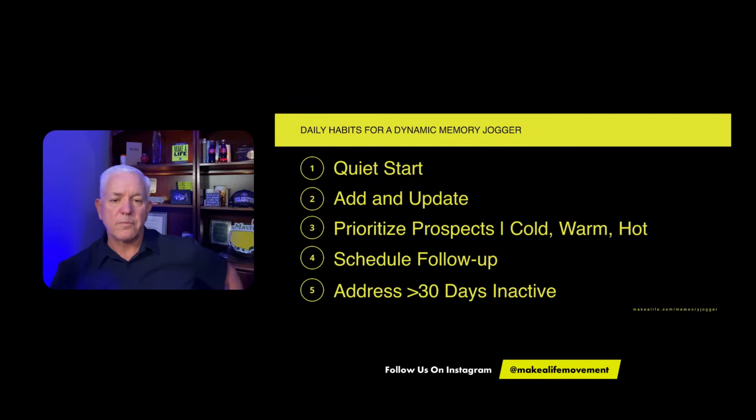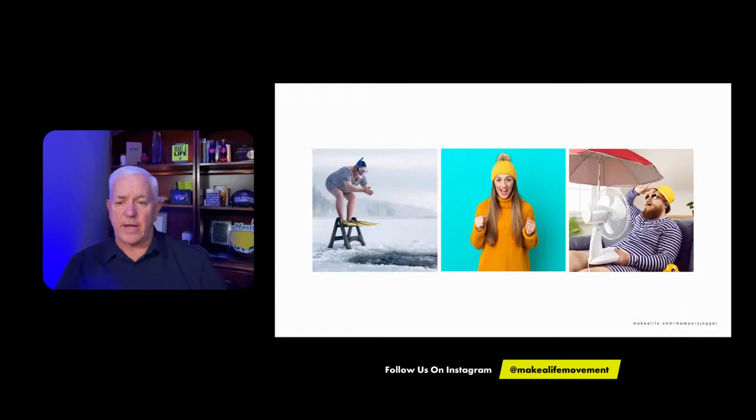One of the things you're going to want to do is prioritize your prospects, because every day you need to make 3 types of contacts from your memory jogger. You need to make cold contacts. And that doesn't mean they're cold like you don't know them. It means they're cold that you've never talked to them about Juice Plus before. You're starting a new conversation. It may still be the 5th conversation with that person before you close, but you're starting a new conversation. So how many of those are you going to make? You got to make so many cold conversations a day, so many warm conversations. That's follow-up. That's people you've already initiated the conversation with.